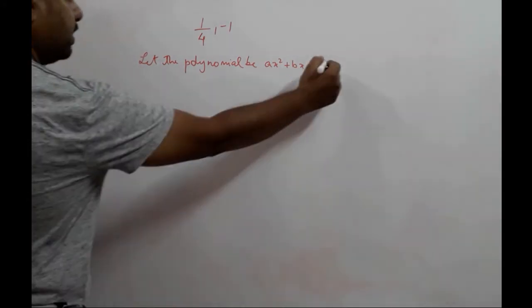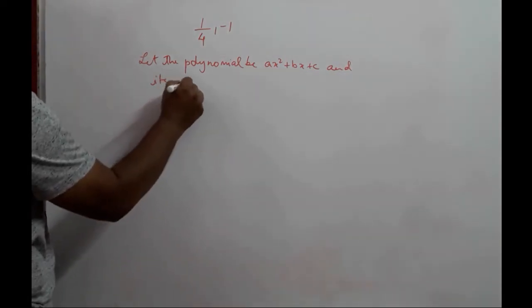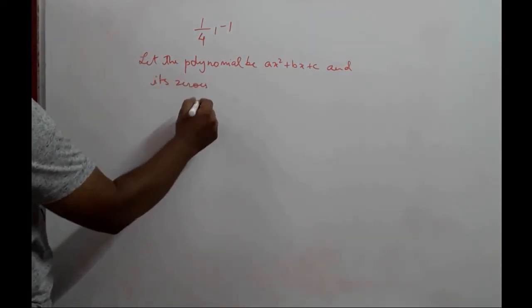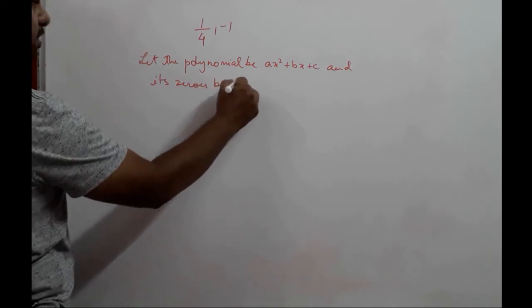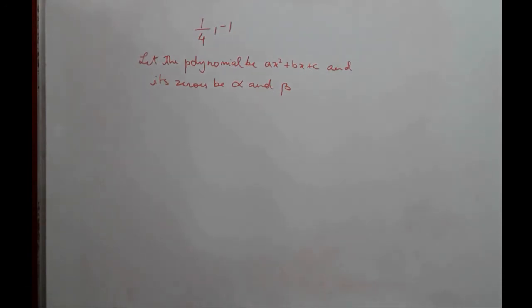and its zeros be alpha and beta. So we need to find the polynomial, and the polynomial will be in the form ax square plus bx plus c. So let us assume that the zeros of the polynomial are alpha and beta. So then in that case we will take that